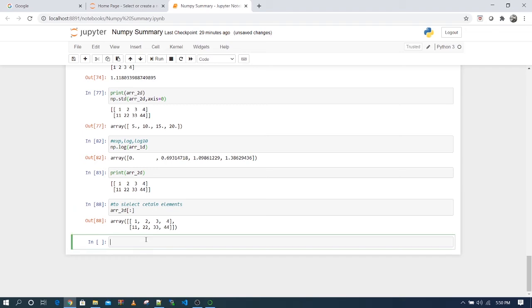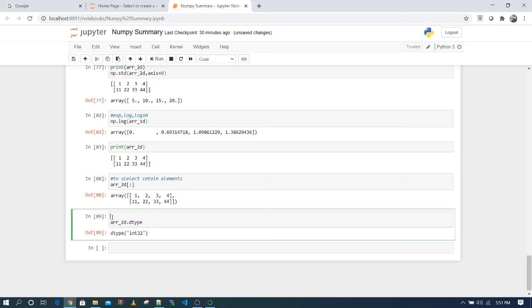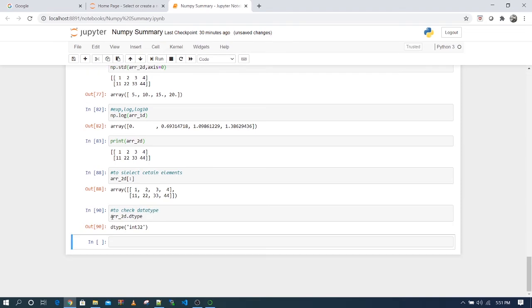Now if you want to check the data type of the data your matrix has stored, you can use array2d.dtype, so int32, to check the data type of your variable. And if you want to know the item size, the number of bytes each item has taken, you can use itemsize.